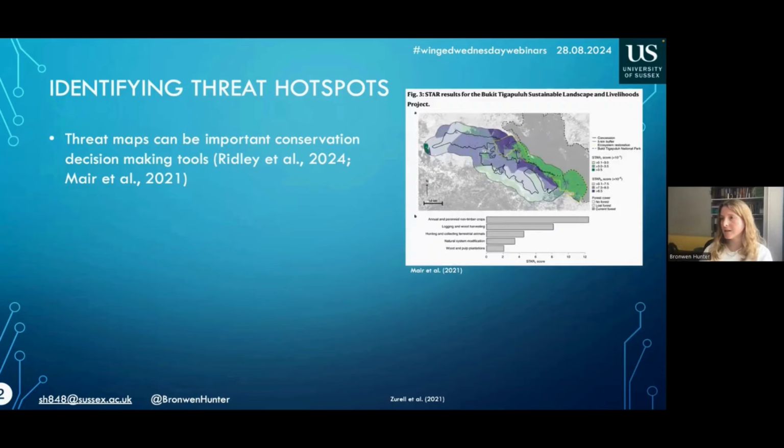But at a smaller scale, we also use threat maps to identify specific locations that might benefit from threat abatement or active restoration. One of those tools is the STAR metric, used, I think, by businesses to identify locations where it might be most cost effective to invest in threat abatement or restoration.